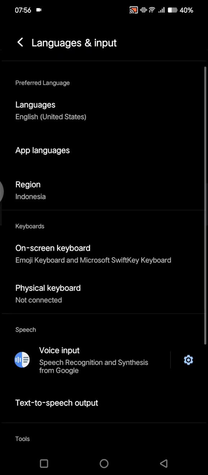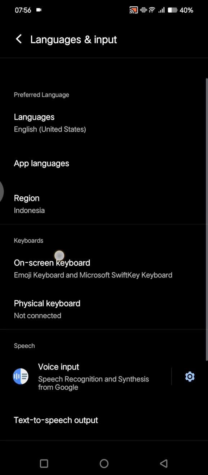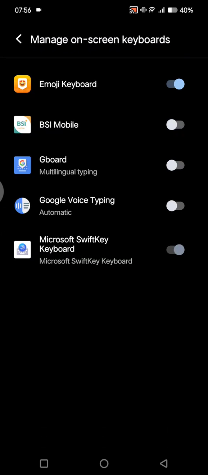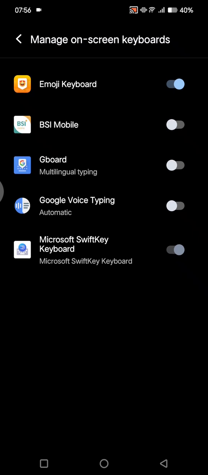So it might be different on your phone, but you can just find these languages and input settings. So click on that, and here click on the keyboard that you are currently using. So click on the on-screen keyboard, tap on manage on-screen keyboards, and in here this is the keyboard that I currently using. I'm using the emoji keyboard, the Microsoft SwiftKey keyboard,